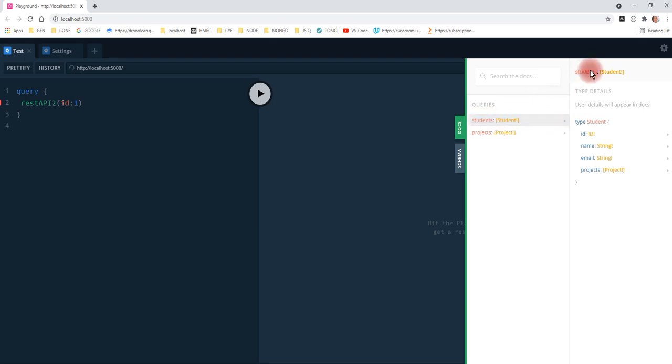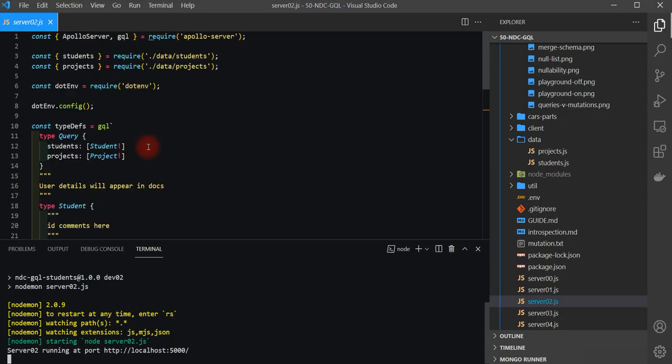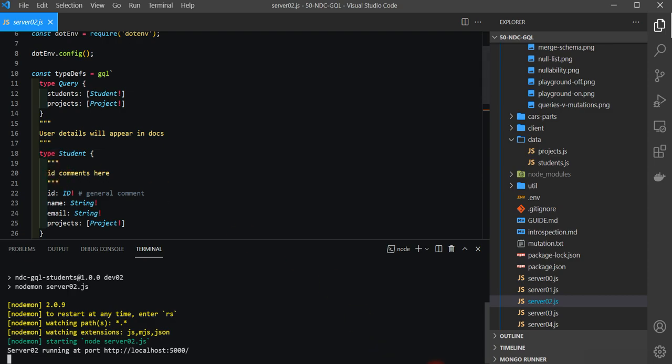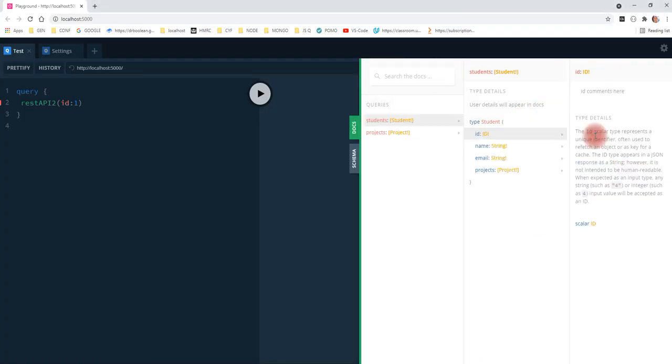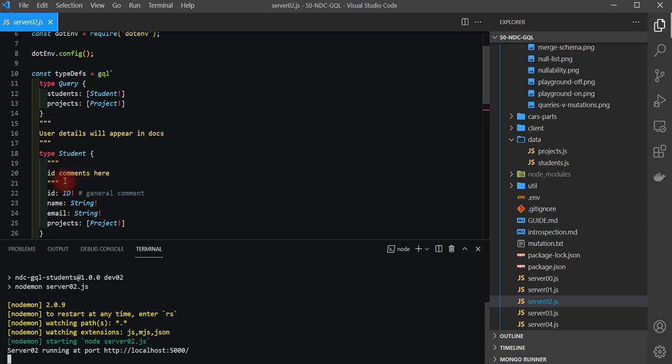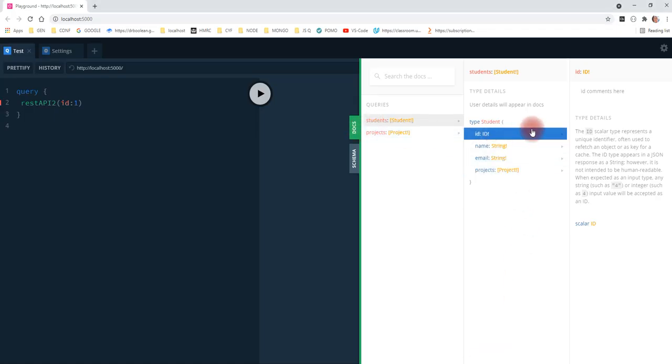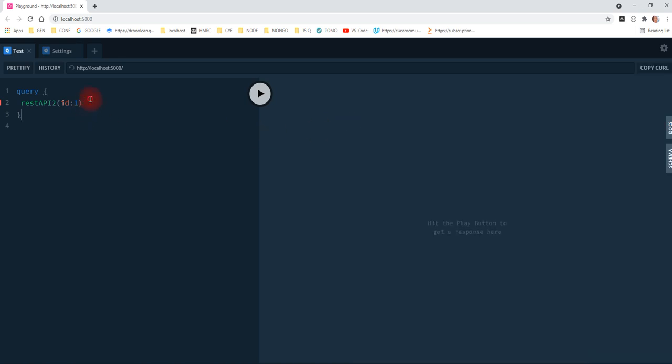If we come back into the queries, we can see the user details will appear in docs, and in students ID comments here. We can see those comments, user details appear in docs, and when we go into the ID, we can see ID comments here. That comment that was in here appears there. So if you want to put extra comments that appear in the docs on the playground, that's how we do it. So let's clear that out,